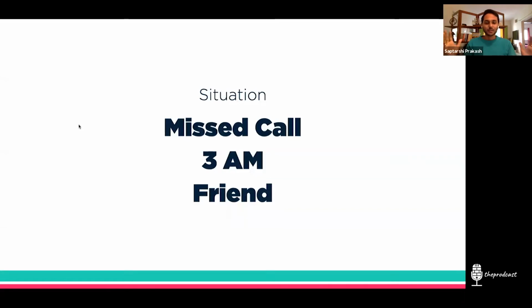So you see, the way you analyze this entire situation is you've seen a missed call, the time is 3 a.m., which is odd, and depending on who the friend is, you imagine something or you predict something about what might be happening. Either it's spam or it's an important or emergency situation. And if the time had not been 3 a.m., had it been 3 p.m. or 2 p.m. as it is today, probably you think in a completely different way. You might not even miss the call in the first place. Maybe the phone is right beside you and you would just pick up, right?